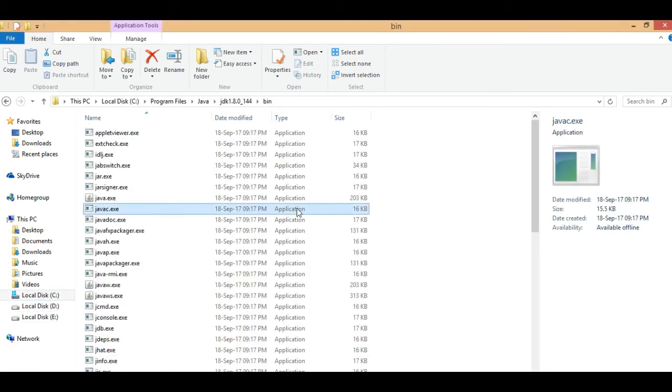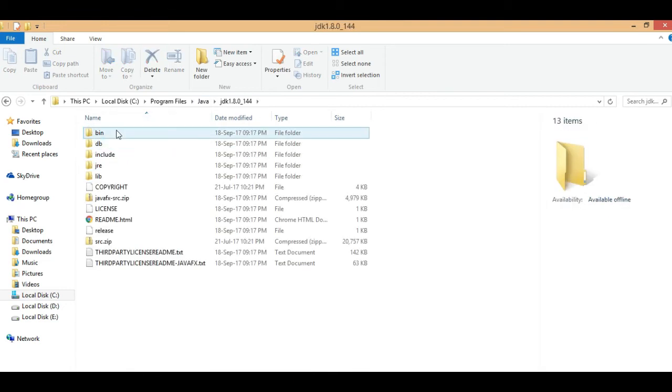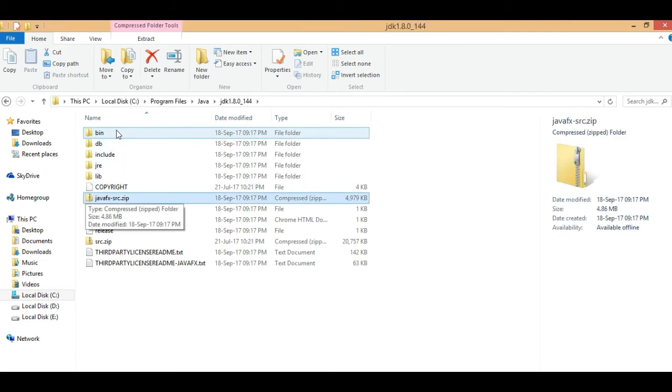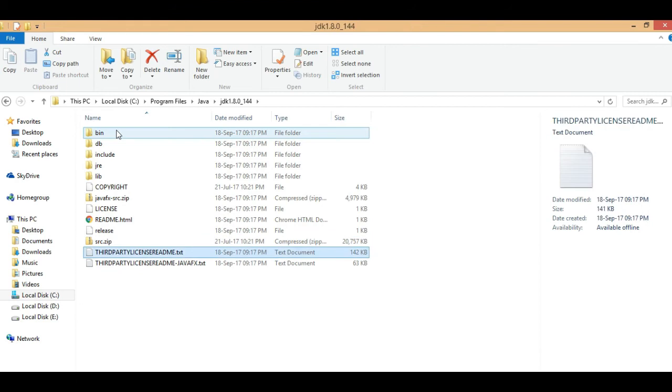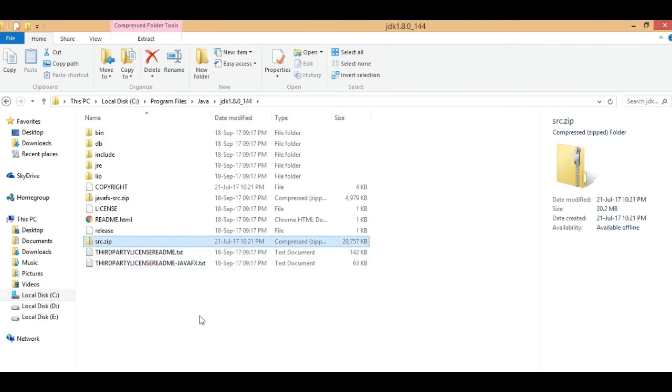Let's come to this directory. Let's come to the JDK itself. The JDK has a bin directory, db, include, jre, lib, and the copyright file. As I explained in the introduction, the src.zip file has the source code.